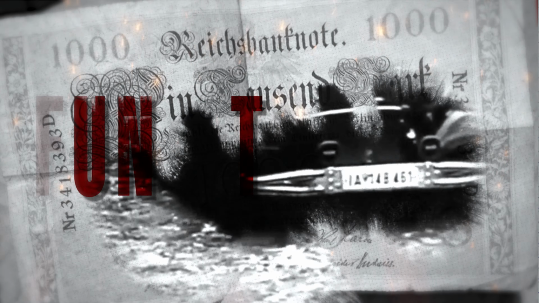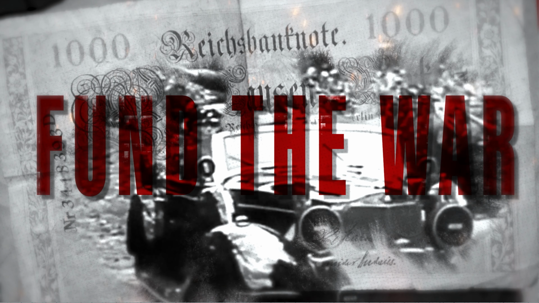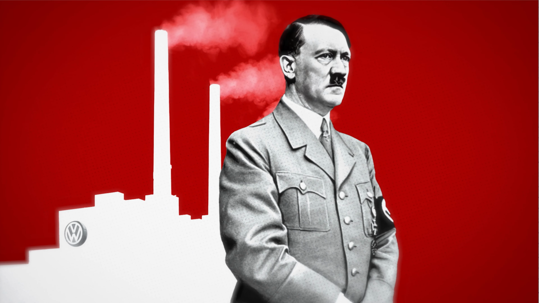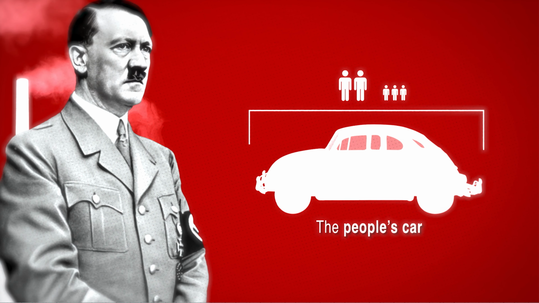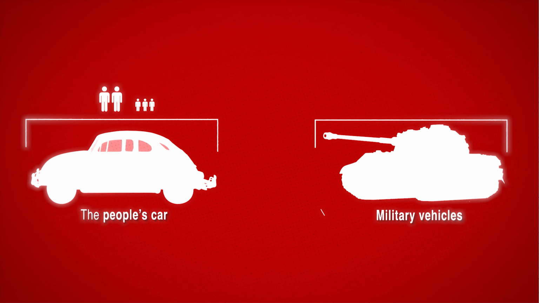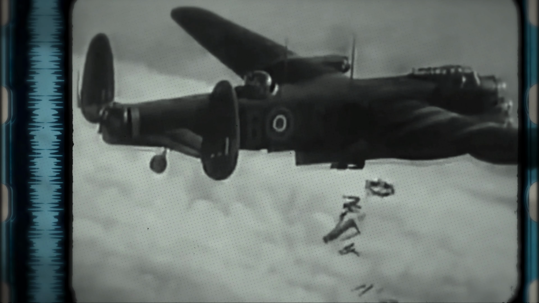Hitler had initially planned the Volkswagen factory to build the people's car, which fit 2 adults and 3 children, but now, the factory was making military vehicles that needed to fit, in Hitler's words, 3 men and a machine gun. As the war intensified, most German men were employed by the Nazis either as soldiers, military